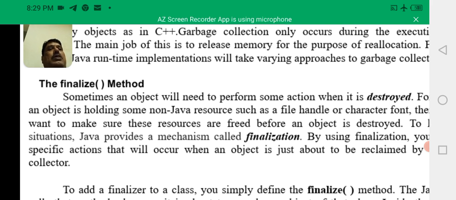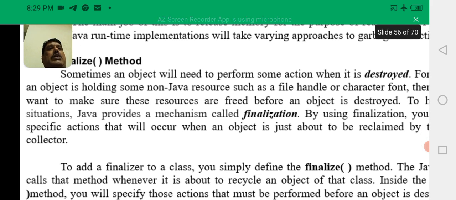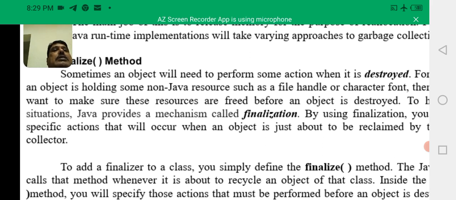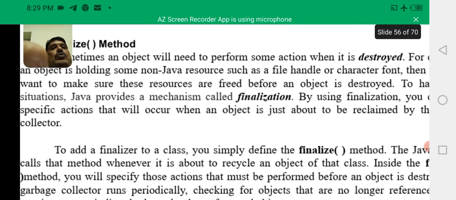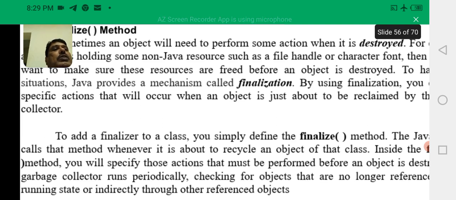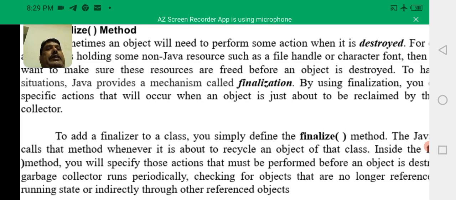After executing that block, only then will the object be destroyed. Until the block contained in the finalize method is performed, the object functionality will not be completed. The name itself says that after completing the functionality in the finalize method, only then the corresponding object is destroyed.